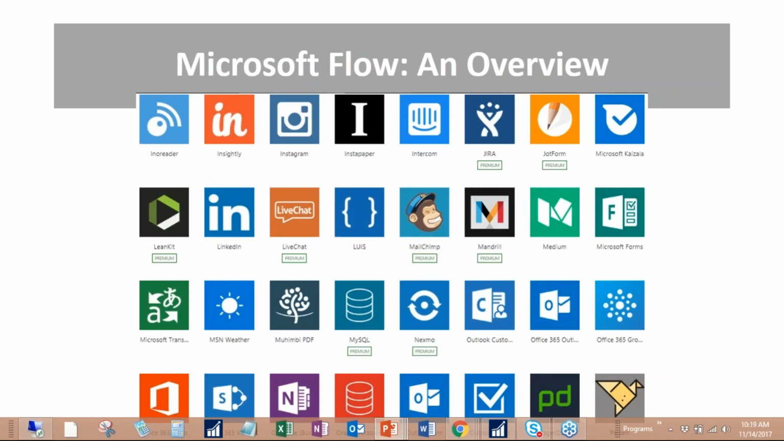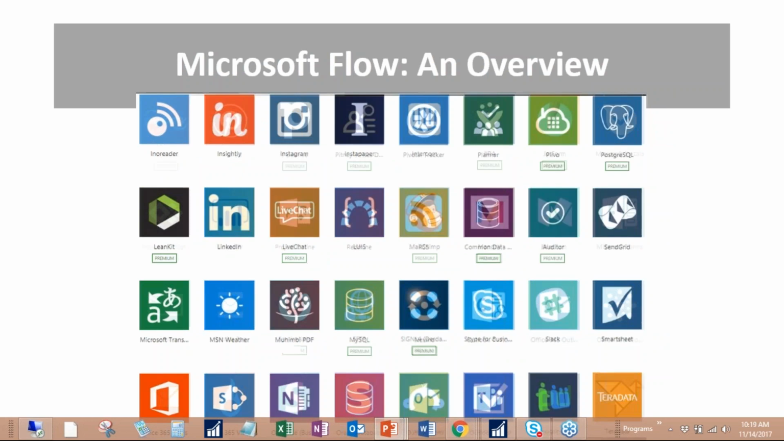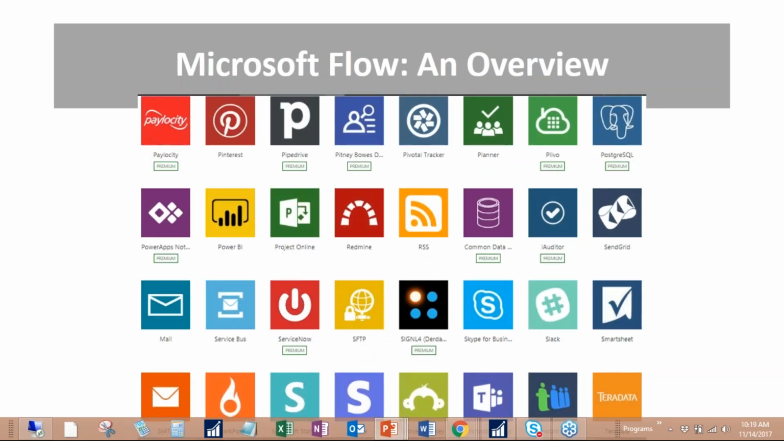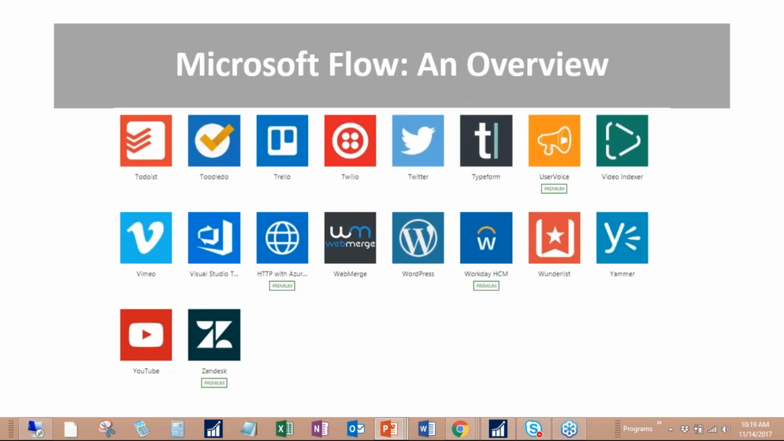So this is the second screen, third screen, fourth screen. We've got stuff like Instagram and MailChimp, LinkedIn. Fifth screen and sixth screen. So this sixth screen wasn't, but we're pushing almost 200 connections that are built in,